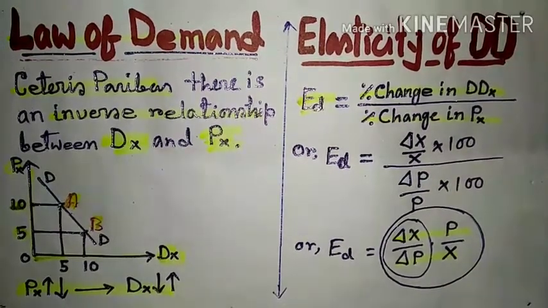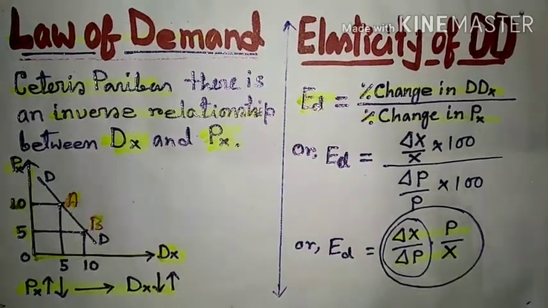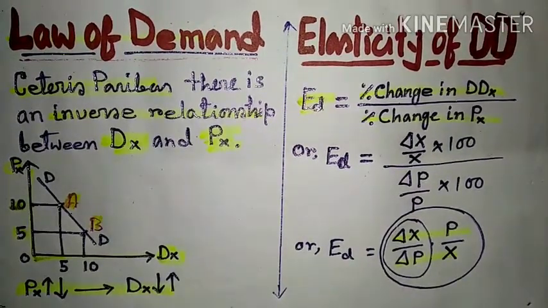So through the elasticity we can understand how demand is changing when its price or other components are changing. As we have recognized here price as a factor, so it is called price elasticity of demand. And in such a way we can also find out income elasticity of demand and cross price elasticity of demand. And the typifications or the classifications of elasticity of demand can be explained in another video clip.